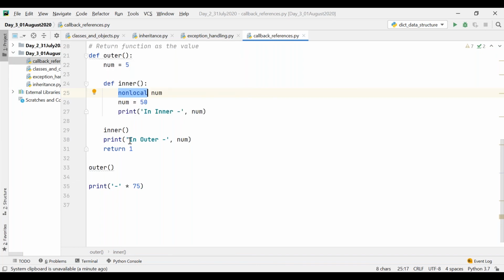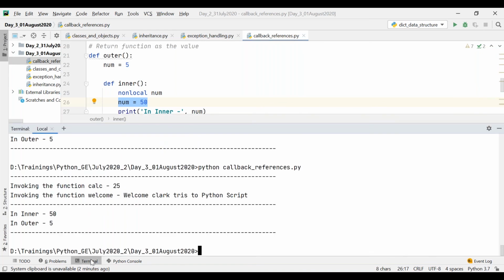If you say nonlocal num, whatever changes you are doing to the particular variable will be reflected even outside the function. Now if I execute, you can see in inner it is 50, in outer it is 50.